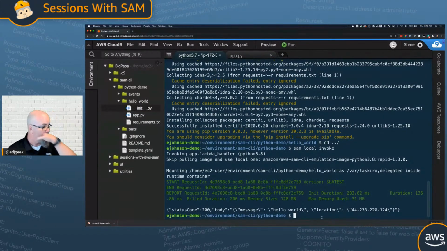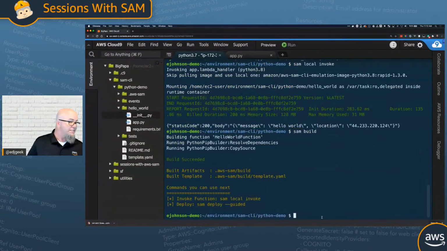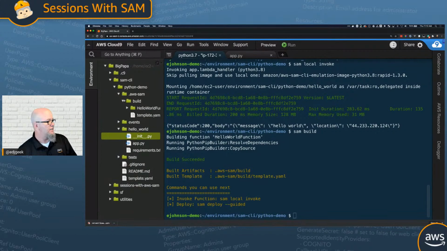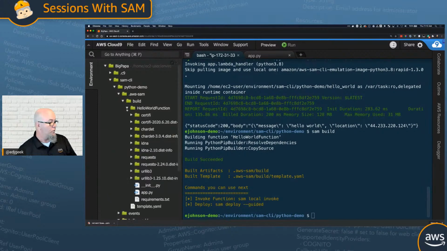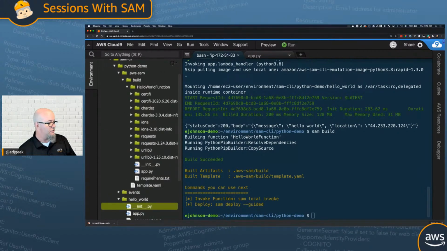If I were to run this, it will blow up. So what I'm going to do now is I'm going to go ahead and do SAM build, just a simple SAM build, like so. And what SAM build does, and does it very quickly, is it goes out and it says build, and for each function, I'm going to create a folder, and I use the logical name to do that, hello world function. I'm going to copy the template file over, and I'm going to load all the dependencies. All right. So now if I do SAM local and I'm still in the root,